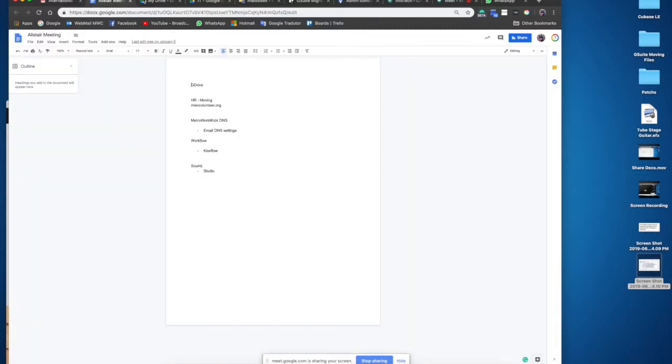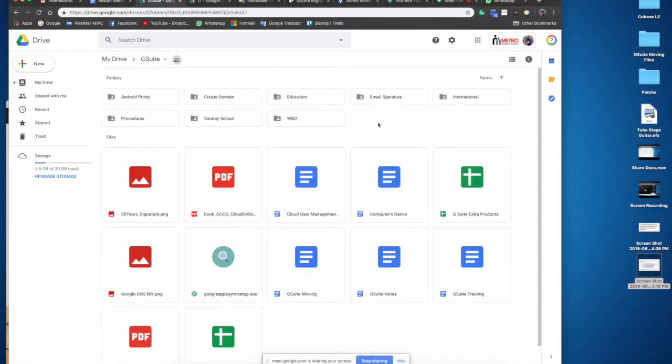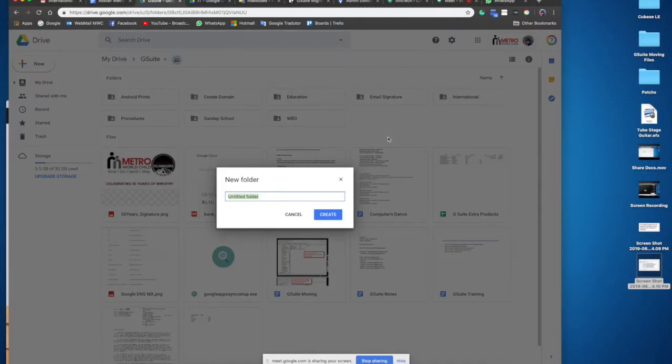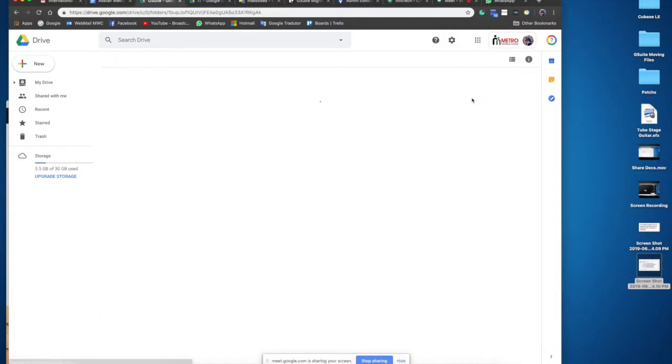To upload, it's simple. You go to Drive. You select a folder that you want, or you can create a new folder. Just do a right click, or if you have a Mac, you need to do the double tap. Create a new folder and select a name. I'm going to call it G Drive T because I like the letter T. It's totally random. So you open the folder, and then you can just drag a